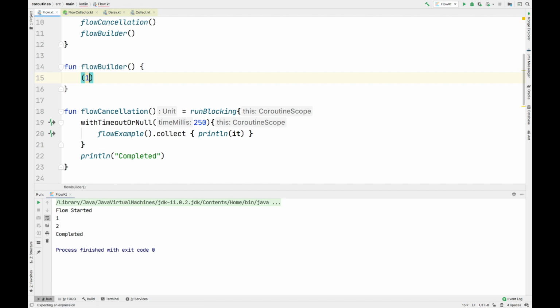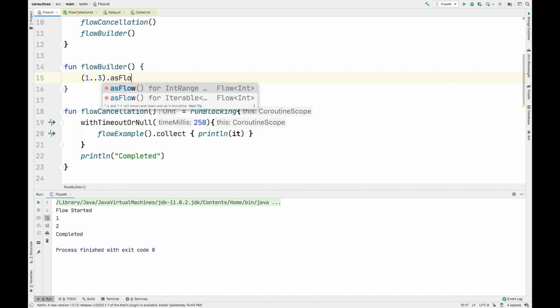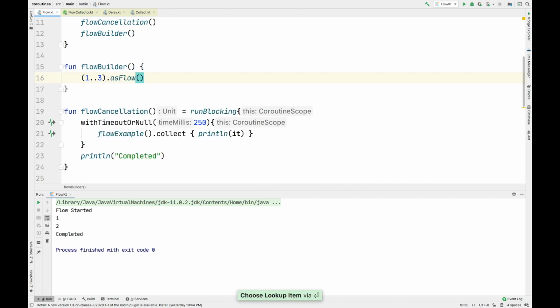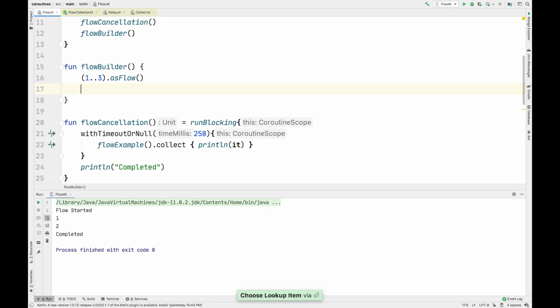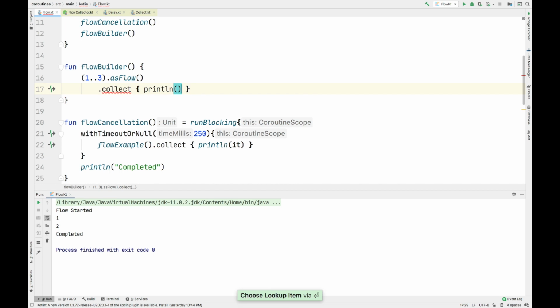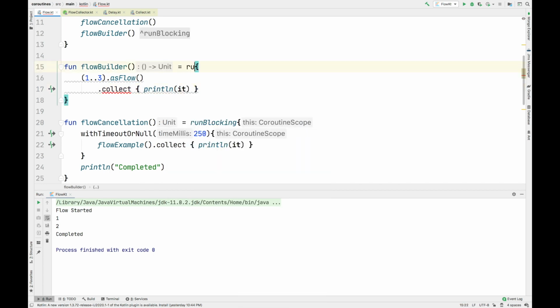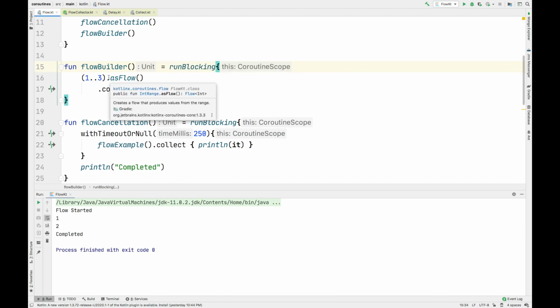I'll declare a range from 1 to 3, and then we have an extension function asFlow. This will return you a flow of elements, and then you can simply call collect on it and print the elements, right? So this is one extension function. Here I'll have to use runBlocking. So this is one way where you can use the extension function asFlow to create a flow of elements.